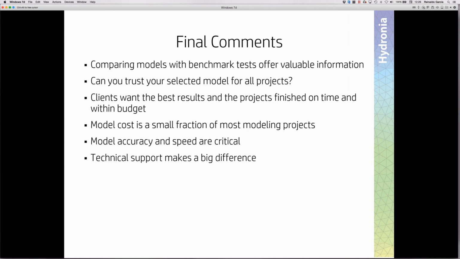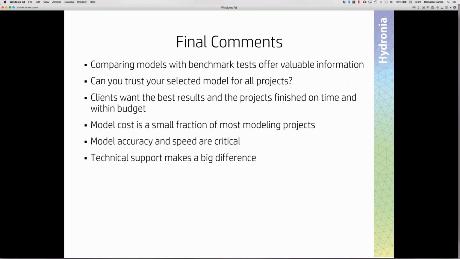Typically, with a free model, you don't have a way to get a response or a solution very quickly. It's not always the case. There are cases where you can get a quick solution, but in most cases, you get the quick solution from a commercial model, because that's the promise of a commercial model, that you will get the technical support you need